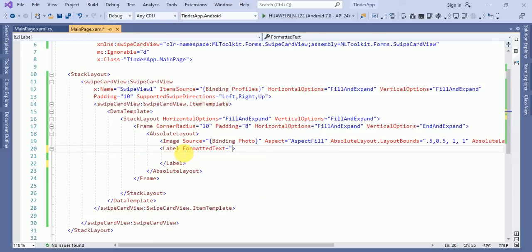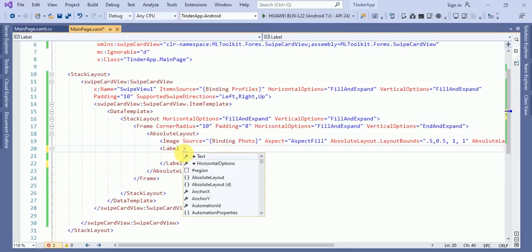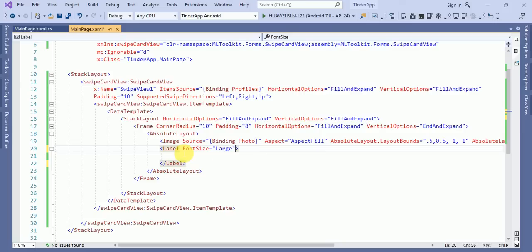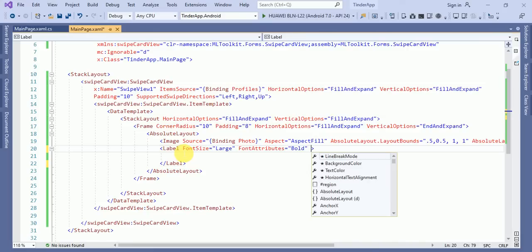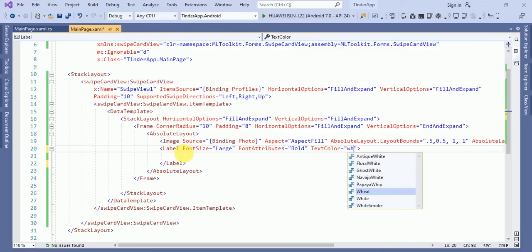You remember that we have to capture the name of the user. Font size large. Okay, and font attribute equals to bold. Next one is text color equals to white.